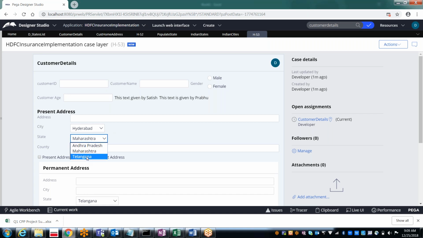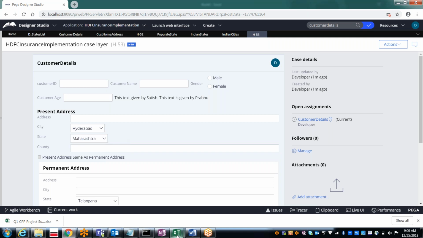On selection of Telangana, this Telangana has to be passed to the city drop down. Then only the cities belonging to Telangana will be populated. So the selected value from the state drop down should go to the city drop down, and then for that particular state it should populate the cities.